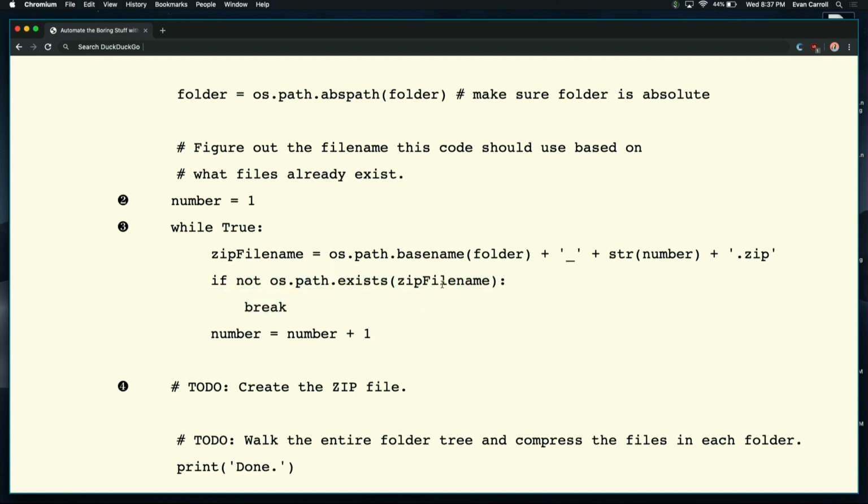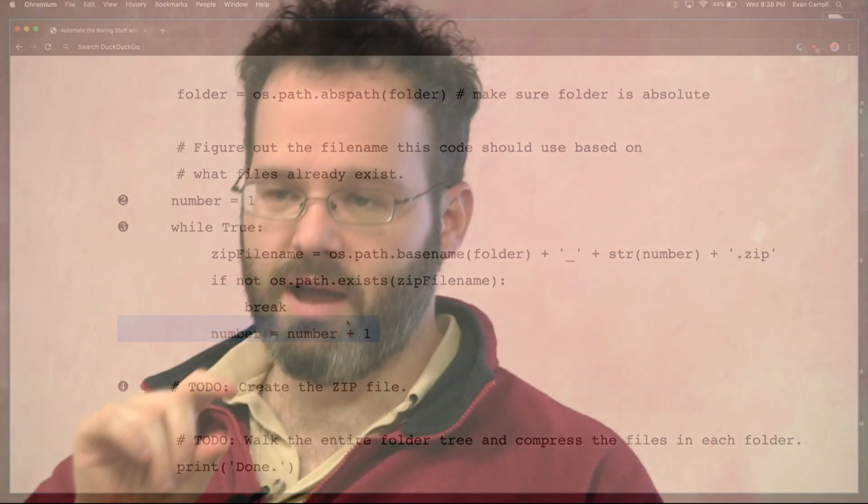If not os.path.exists(filename), that's saying if the file doesn't already exist, break out. If it does exist, increment the number, right? So what we're doing here is we're saying, I want to find the first zip file that I can create to represent this directory. So think you have a directory and you have 5 files in it. You run the script the first time, and you're going to get the name of the directory underscore 1.zip. You run it the second time, you're going to get the name of the directory underscore 2.zip, and so on and so forth, right? You want to always get the next increment that's available, and that's how we're doing it